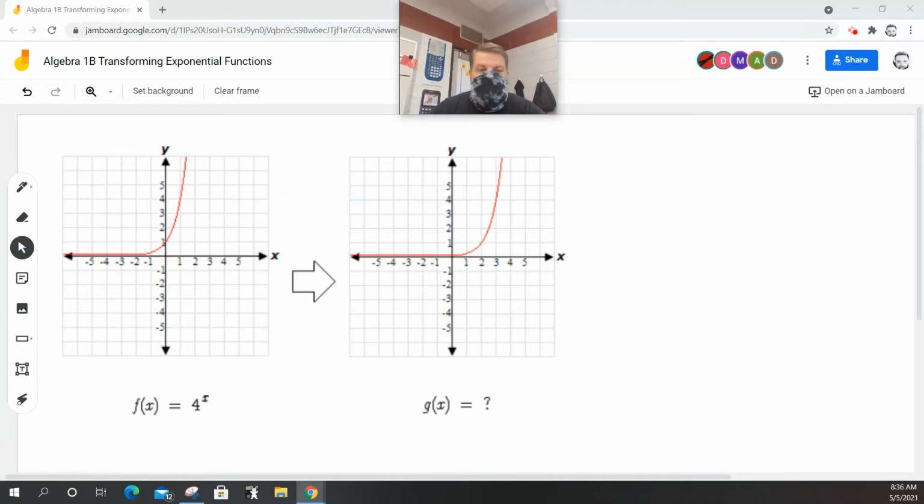So what we have here is a transformation from f to g. In order for me to understand what's actually taking place, I'm just going to look at the graph and try to graph some points and see what the difference is. So it looks like on f of x, when x is equal to 0, f of x is equal to